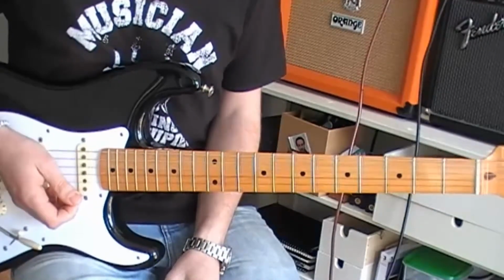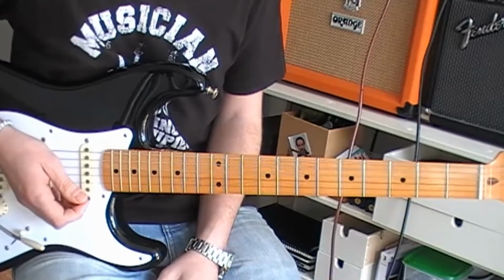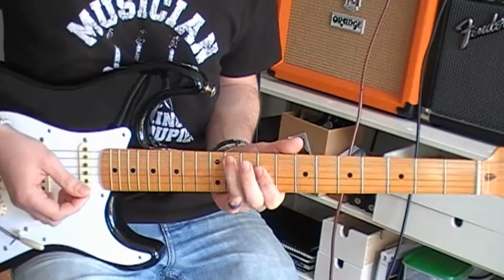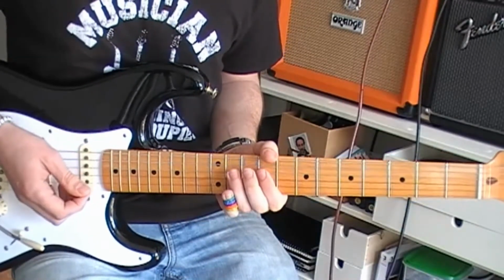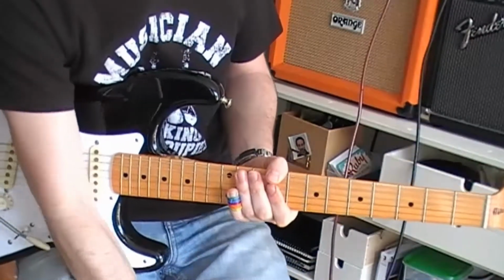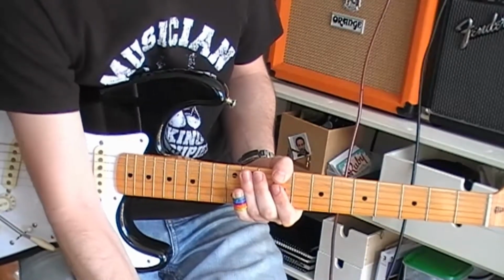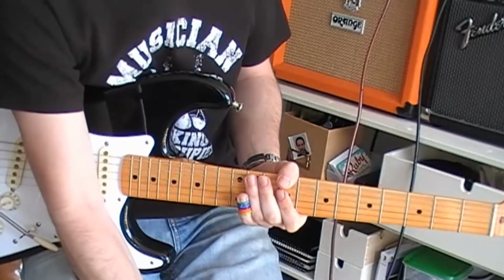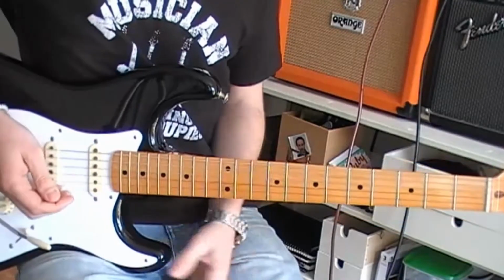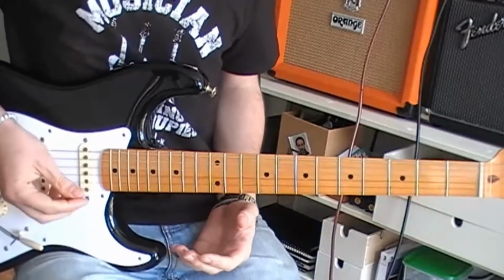And now it's all starting to sound a little bit more like Hendrix, a little bit more inspired by John Mayer. Those guys love doing that. It's easy to hear the Little Wing influence in all of that style of playing. It's a great way of getting to know your major pentatonic scale better, putting it all in context. It's a great way of opening up the guitar neck